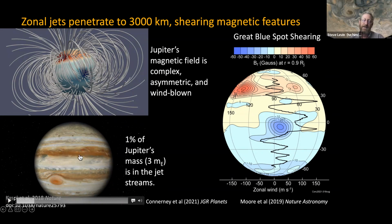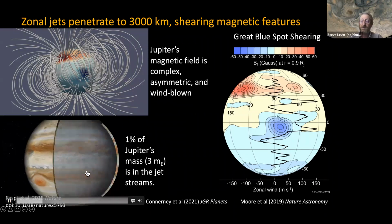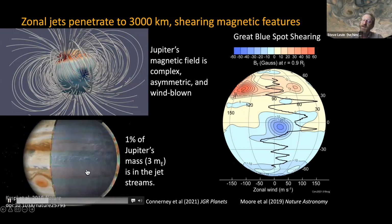And because of that, they have slightly different density and they bulge out different amounts. So as the spacecraft falls past, it's going to speed up and slow down as it goes past these belts and zones. We can actually measure that and determine how much mass is in those belts and zones, and therefore how deep they are, based on the signature from the gravity. And the conclusion from that is they go about 3,000 kilometers deep into the planet,